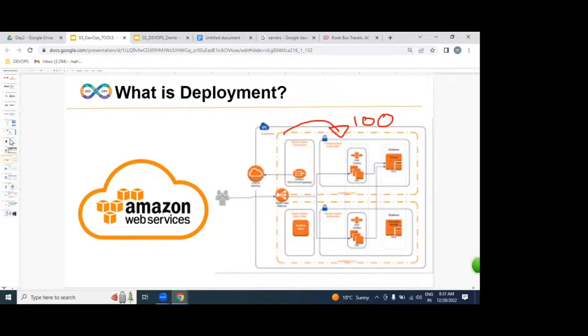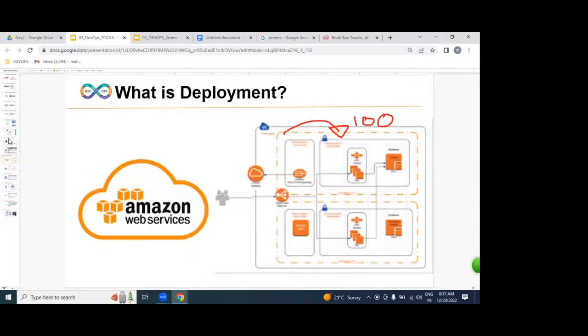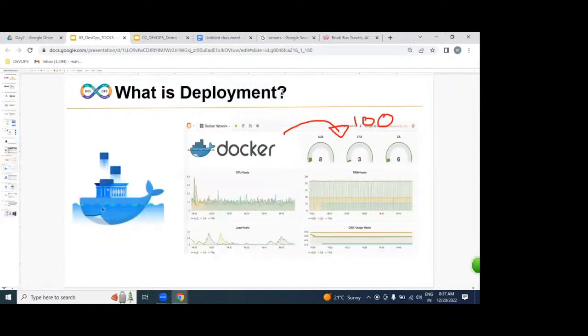So for my satisfaction, let me repeat this point. It's a very important point. We get hundreds of servers from AWS. After getting servers, on top of the hundred servers, we are going to be implementing an automated process with the help of Ansible and Chef. But where are we going to be placing our application? On the AWS cloud or not? Not only deploying our application on hundreds of servers in AWS, we can also place our application in a Docker container.